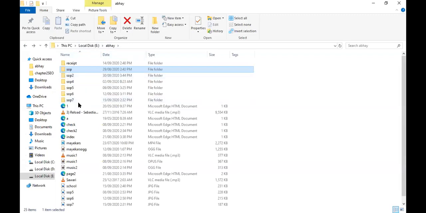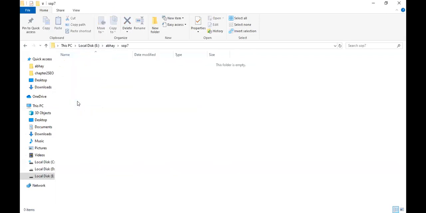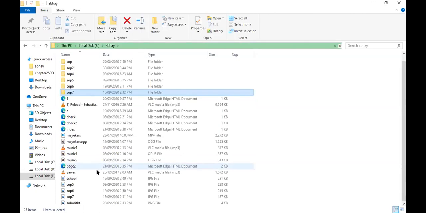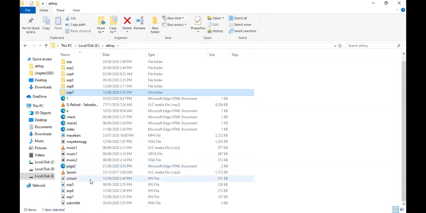Okay, so SOP7 is ready here. If it is not present, you have to create it in your folder. I have already created SOP7. So I copied the school.jpg file into SOP7. So here is the school.jpg file. Can you see this JPG file? This is the school.jpg file.